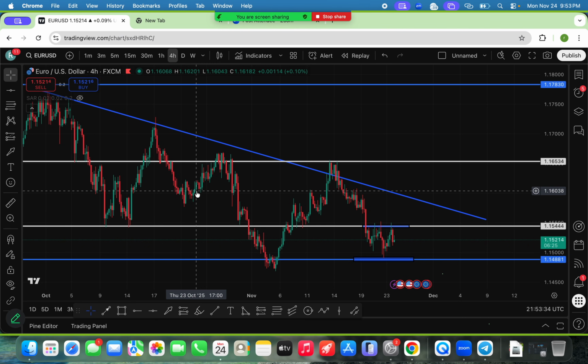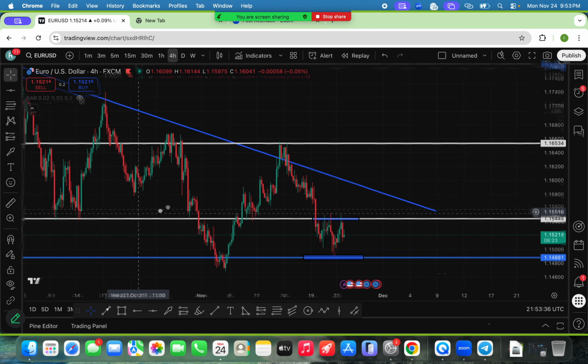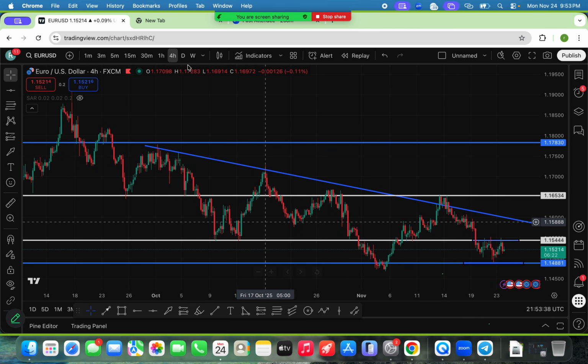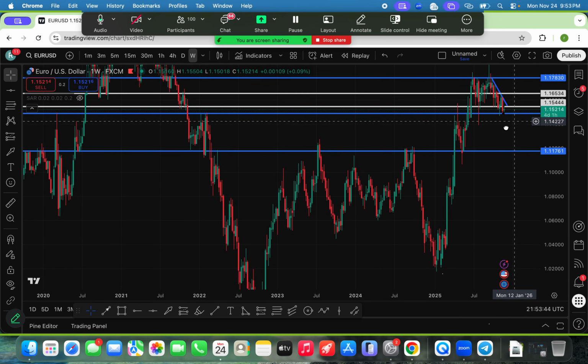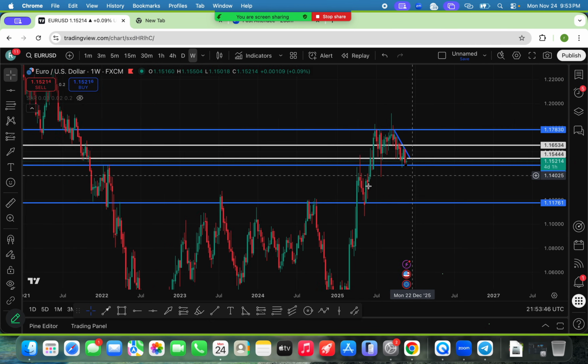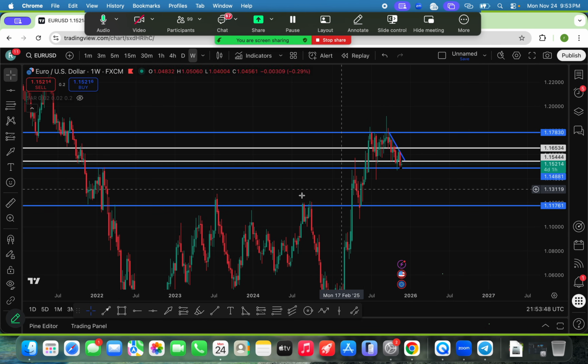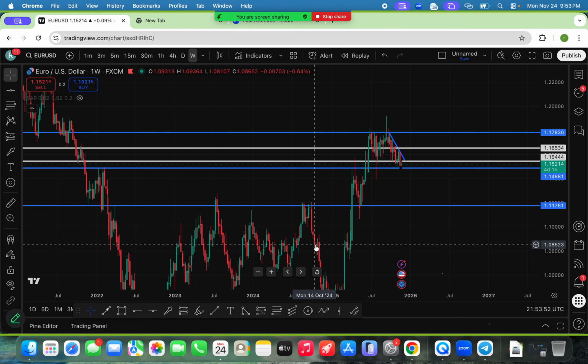So now this is what we did today. We did a simple top-down analysis. Let's go over it again. We went to the weekly time frame, and in the weekly time frame we found our turning point. Good. So let's start with this turning point. You can see anytime price goes to this level, you can see the reaction. You can see how it sold. We got the break, got the retest. You can see the buy.